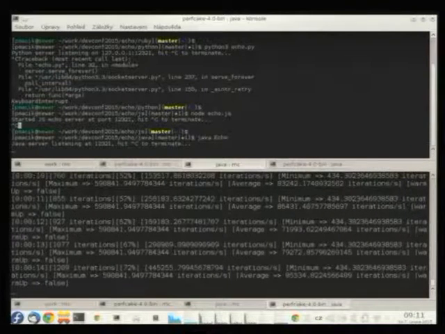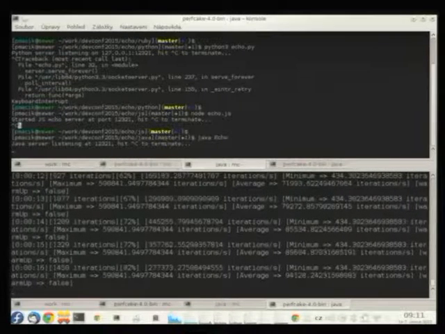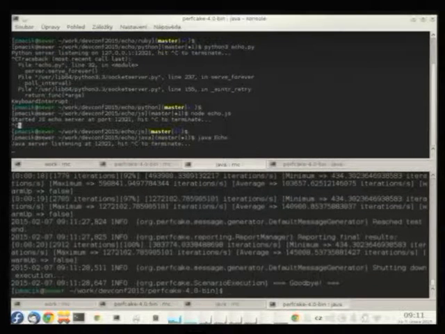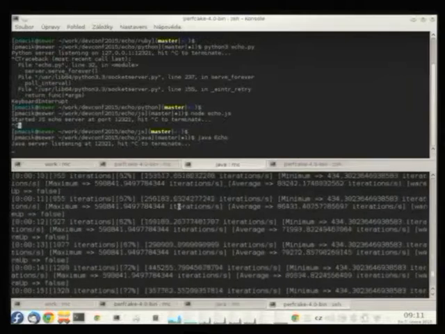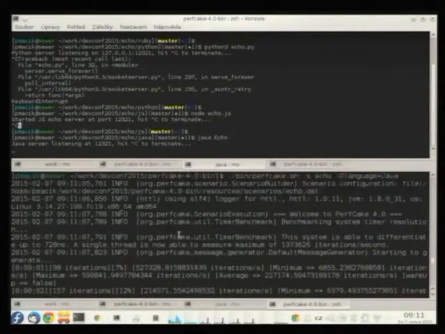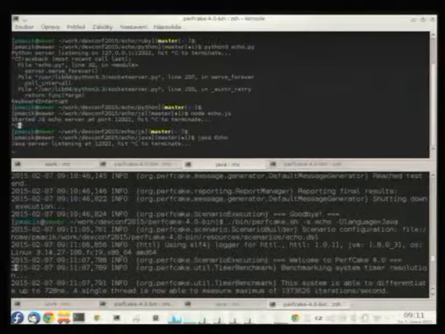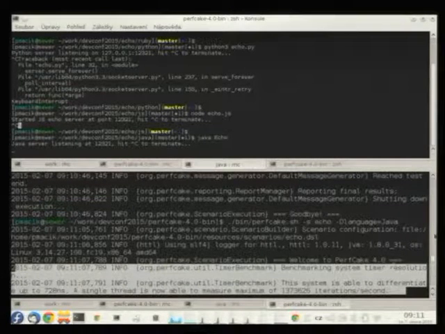At the beginning of each performance test, PerfCake is able to benchmark the current machine to find out the resolution of system timer and tell you what is the highest throughput that you can measure on this current machine, because we already hit a situation where the actual service was faster than we were able to measure.